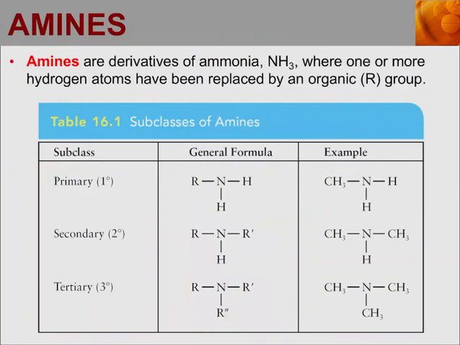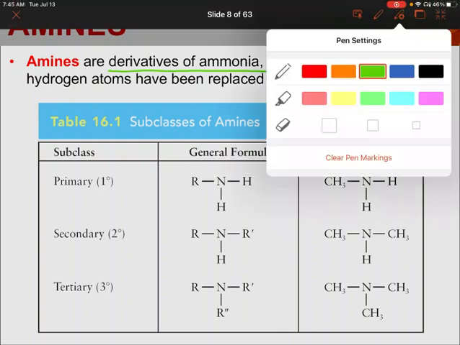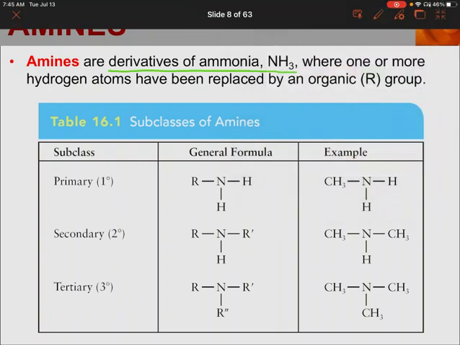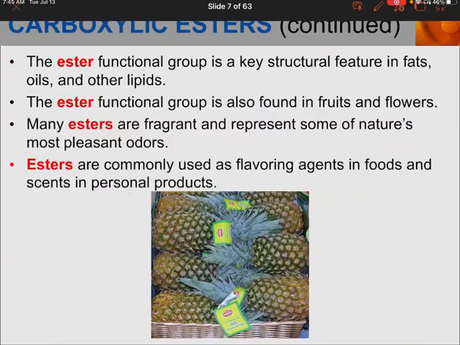The next group we're going to cover is amines. Amines are derived from the molecule ammonia, NH3, where one or more hydrogen atoms have been replaced by an alkyl group, so an R group. As an example, let's look down below. There are actually three different